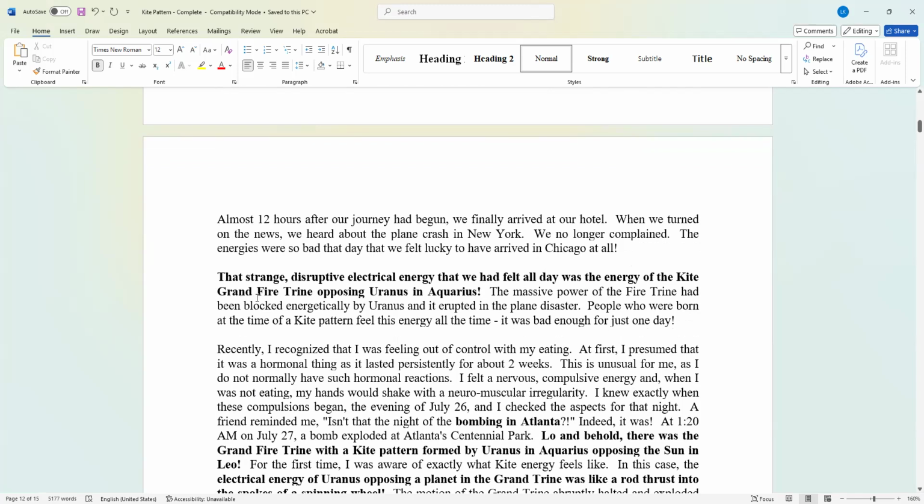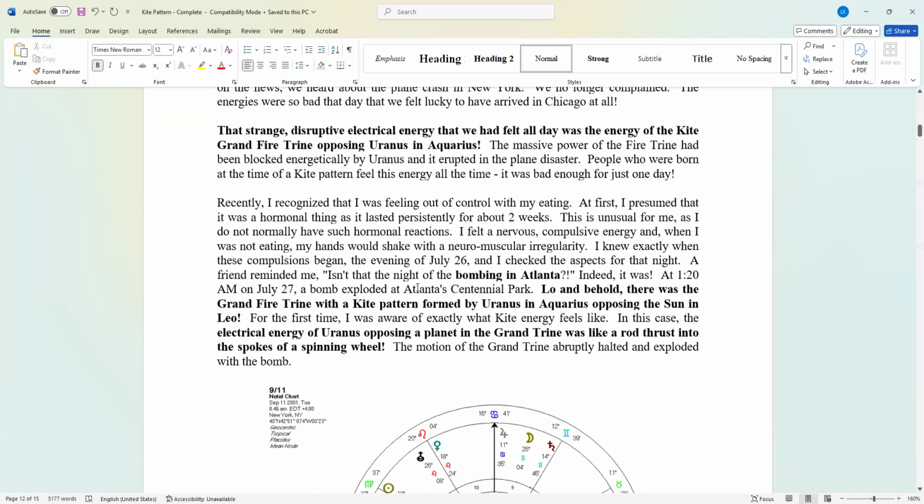So that strange disruptive electrical energy that we felt all day was the energy of the kite. It was a grand fire trine, and Uranus was in Aquarius. That's how long ago it was. And so that massive power of a fire trine had been blocked energetically by Uranus. And that erupted in a plane disaster, and all kinds of disasters were taking place at the airport. Looking at other charts,